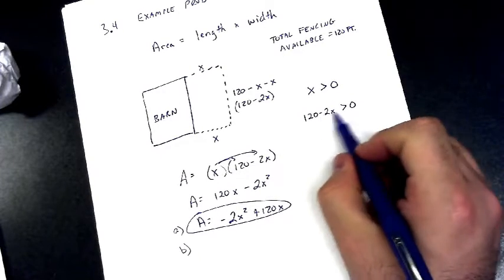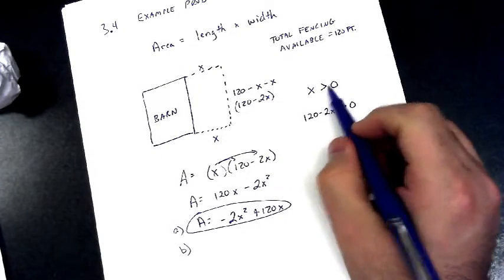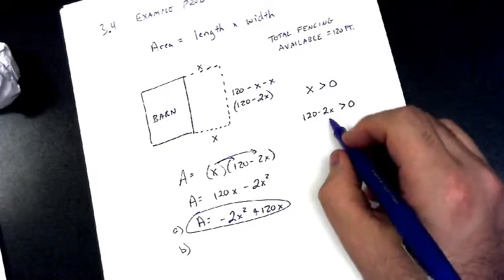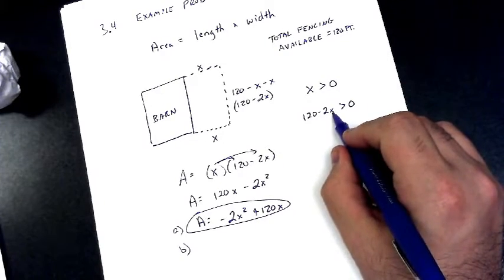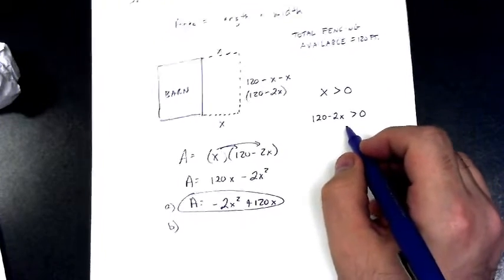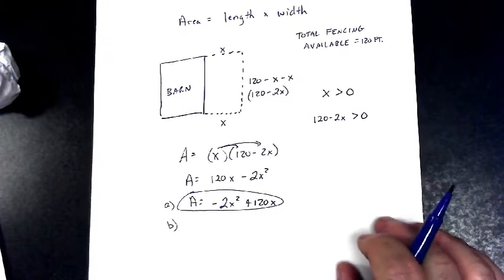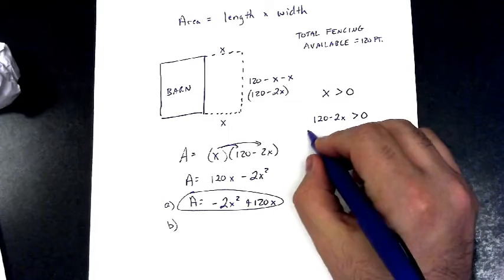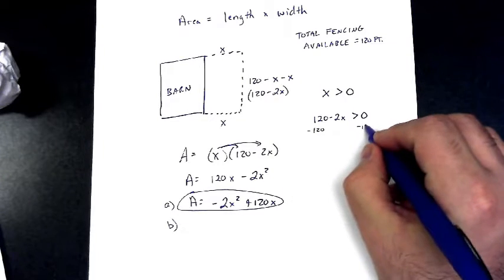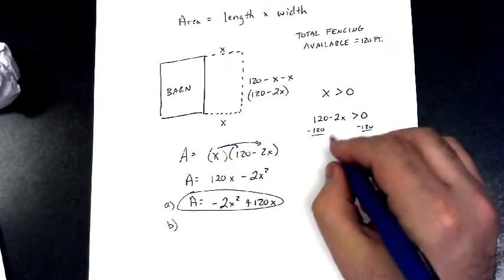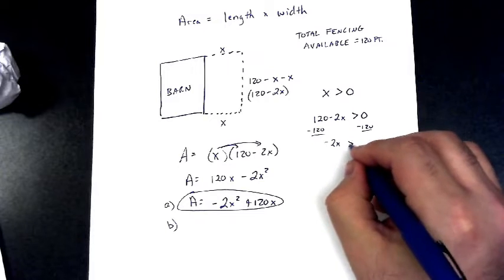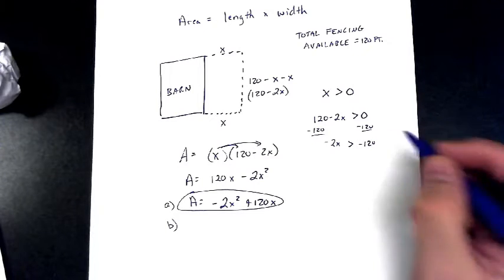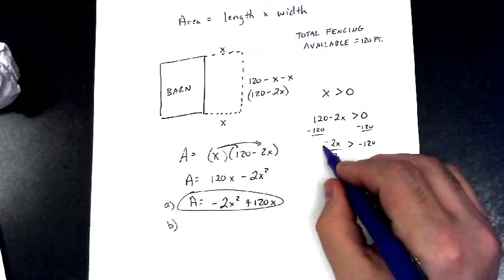And we can do some math for this one. So let's do that so we can see if this x right here has any additional restriction. So we're going to subtract 120 from both sides. That's negative 2x is greater than negative 120. We're going to divide by negative 2,